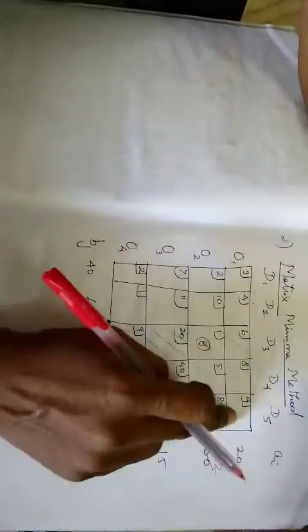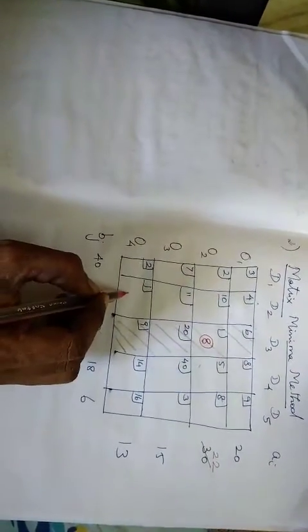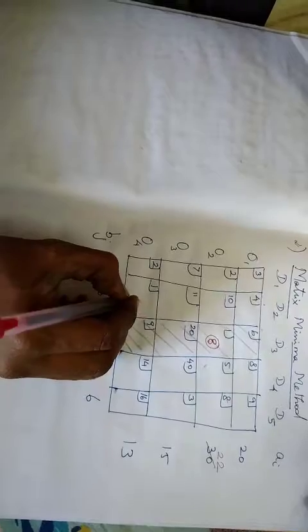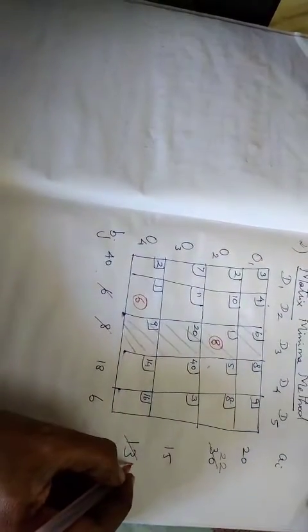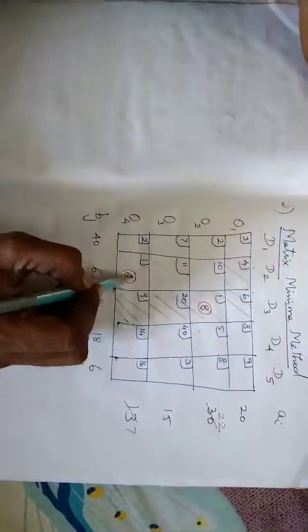Next you find the minimum in the remaining cells. That will also be 1. Minimum cost is 1, so you select the cell 4, 2. There you compare the values 6 and 13. 6 will be your minimum. So put 6, 6 gets cancelled, and here the remaining is 7. So you cannot put any more value in the second column, so I strike that out, and next select the minimum from the remaining